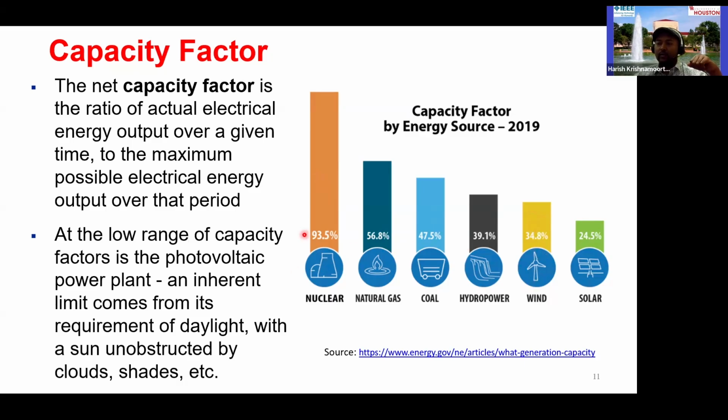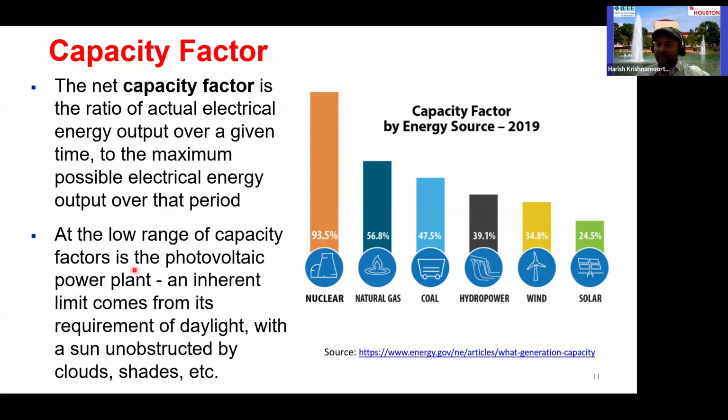And if you see nuclear resources, they are operated at the base load almost all the time, so they have a very high capacity factor. And now, micronuclear reactors are slowly becoming more and more prevalent. Instead of designing a 1 gigawatt or a 2 gigawatt nuclear power plant, people are trying to look at a few megawatts of micronuclear reactors, which can help. They are reasonably clean. I mean, of course, you need a lot of water, but they are reasonably clean.